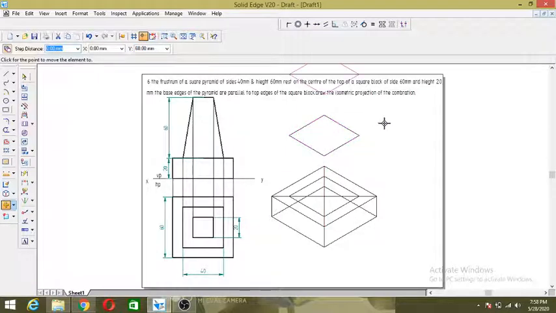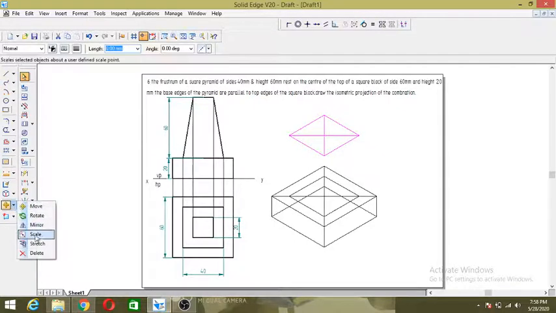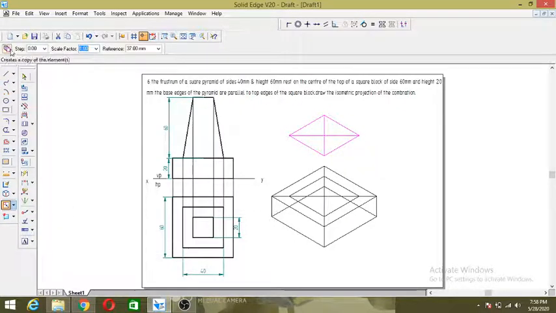Okay, so then after that, next thing is to find out the midpoint here again. Then select the whole thing here. Then go to scale, turn off the copy command, don't forget now. You have to decide when to turn off this copy command and when to turn on this copy command. Okay, what is the scale factor? What is the top face? It is 20.